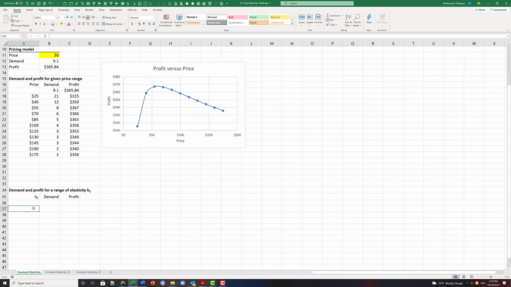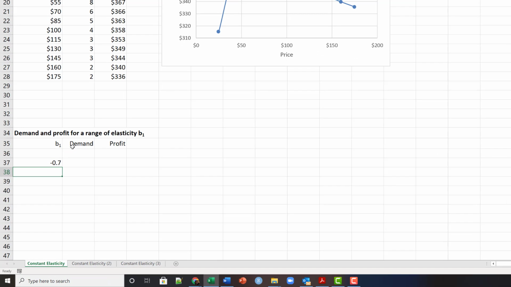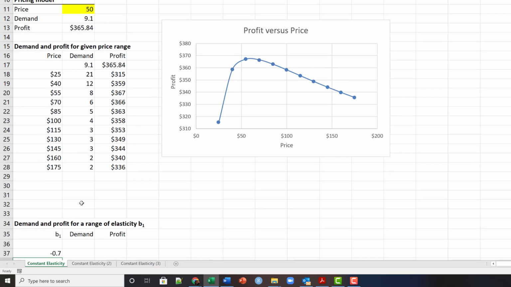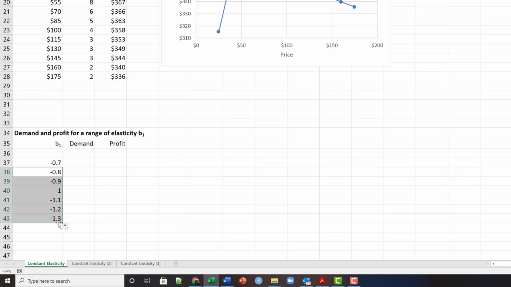Say we want to start with minus 0.7, and decrease it by minus 0.1, and goes up to 1.5,